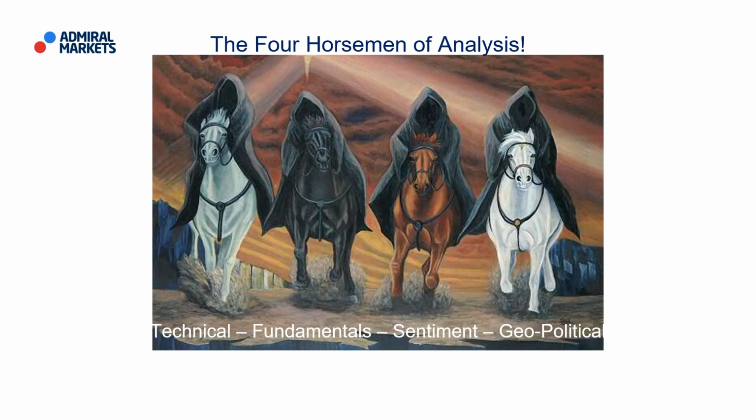And why have they been moving? Well, they've been driven a great deal by sentiment and geopolitics, and a lot of that has to do with Mr. Trump, the President of the United States, with a few of his tweets yesterday afternoon on a nice Sunday afternoon regarding looking at bringing in more tariffs against Chinese products and the impact that had upon markets. And that's what I want to have a little look at later on, ladies and gentlemen,